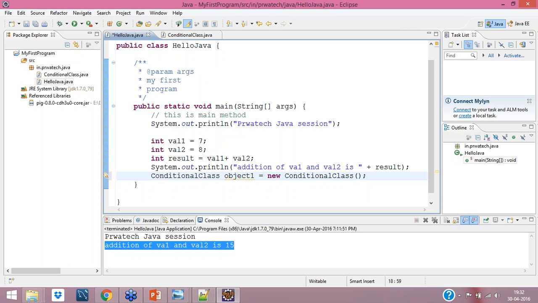Object is nothing but a reference, and it will get all the information present inside this class. So this class can have a value.